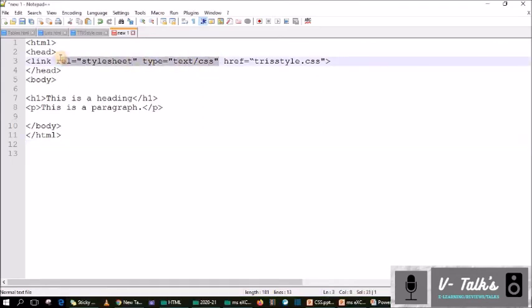These two are mandatory for every link tag. This name will change according to your file name. So href is TrueStyle.css. I gave the file name only because both files are residing in the same folder. Now I need to save this.